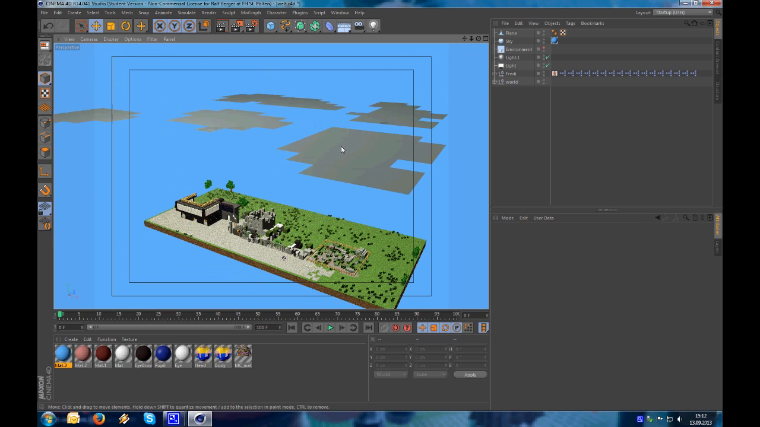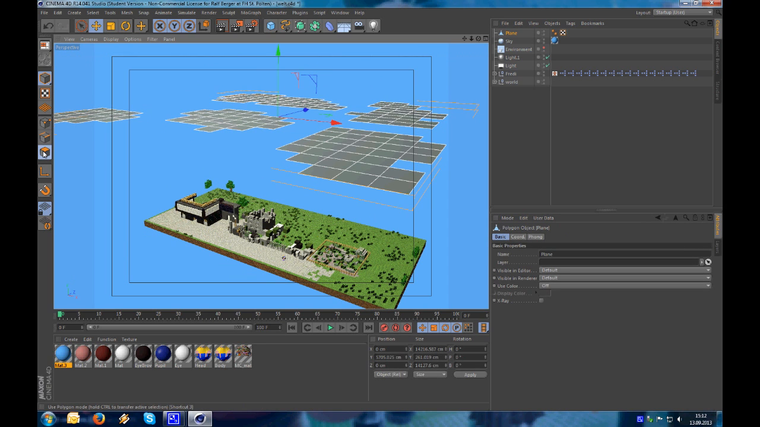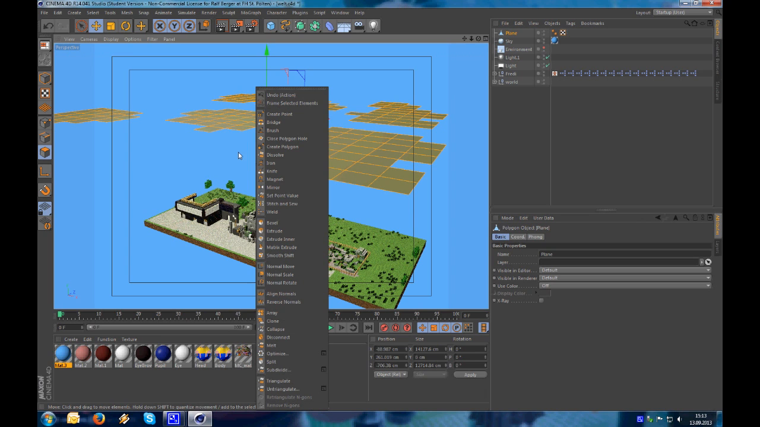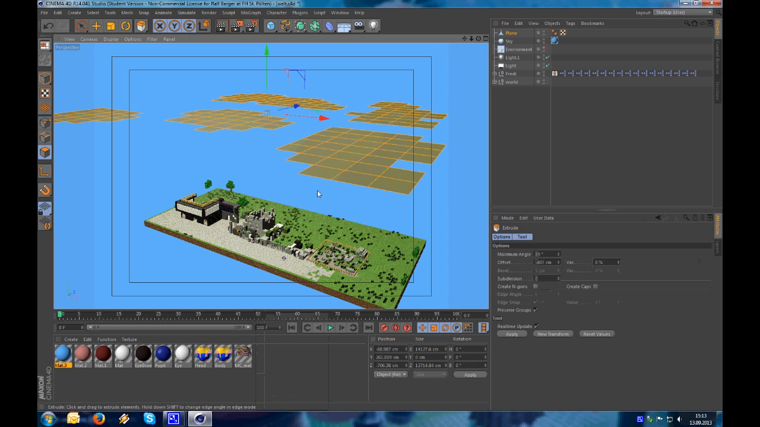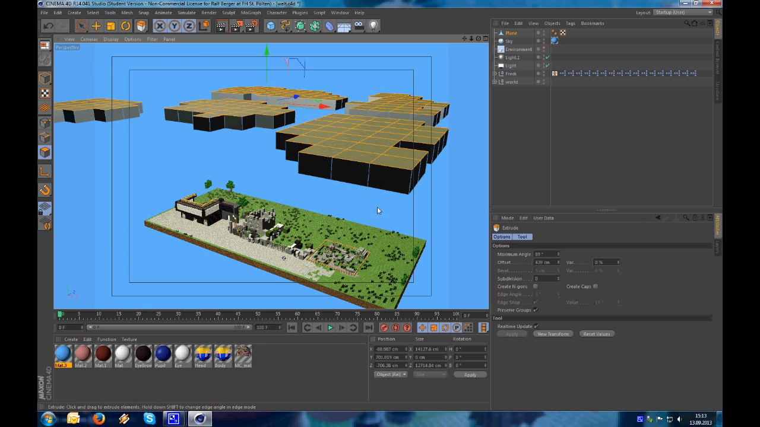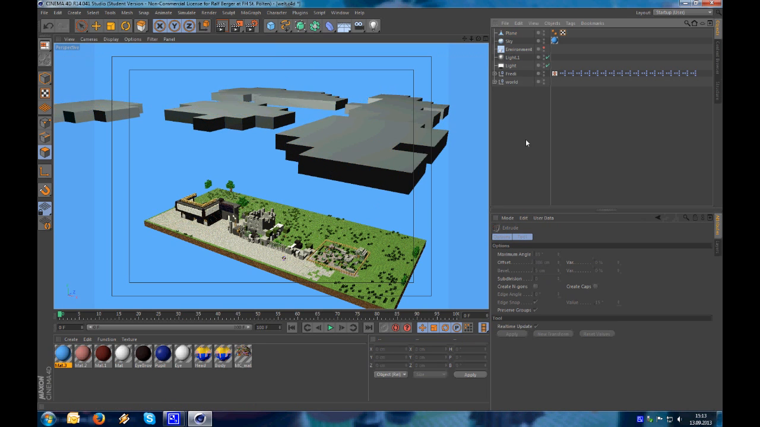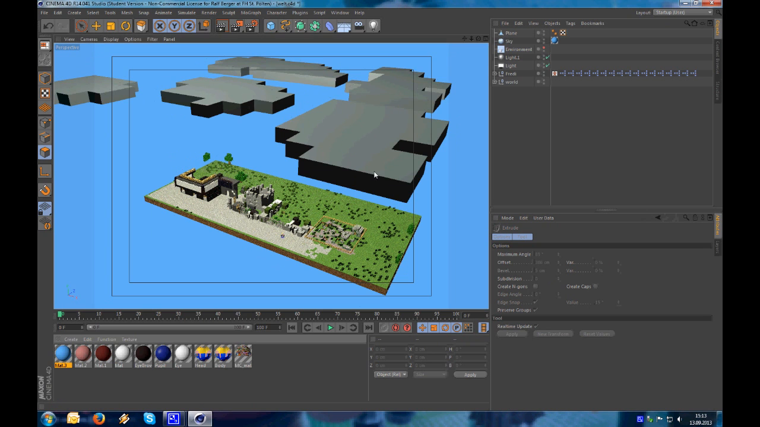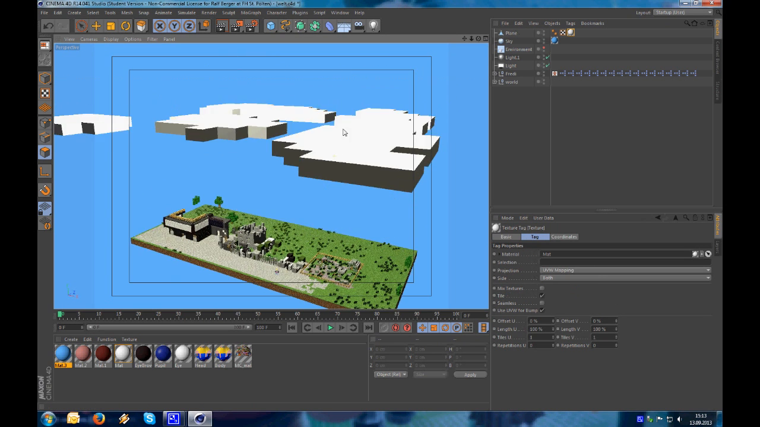Okay, and to give this cloud a little bit more volume, select the face mode again and use the command right click, extrude, or just MT on your keyboard, MT, and then extrude it up a little bit so we have a nice 3D cloud. Use a white material to make it white,